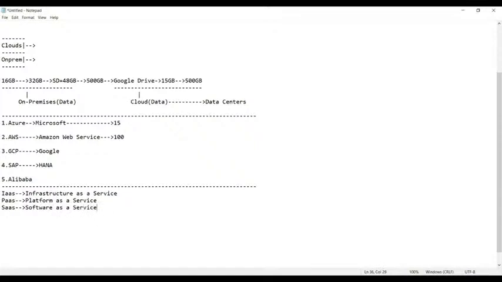That means, can you see here, they have provided their services in three different categories. Suppose, for example, what is infrastructure as a service? Let us try to understand this. When you talk about infrastructure as a service, guys, suppose you have a very large amount of data to be processed, a very massive amount of data. Does the Windows operating system support every kind of data processing?